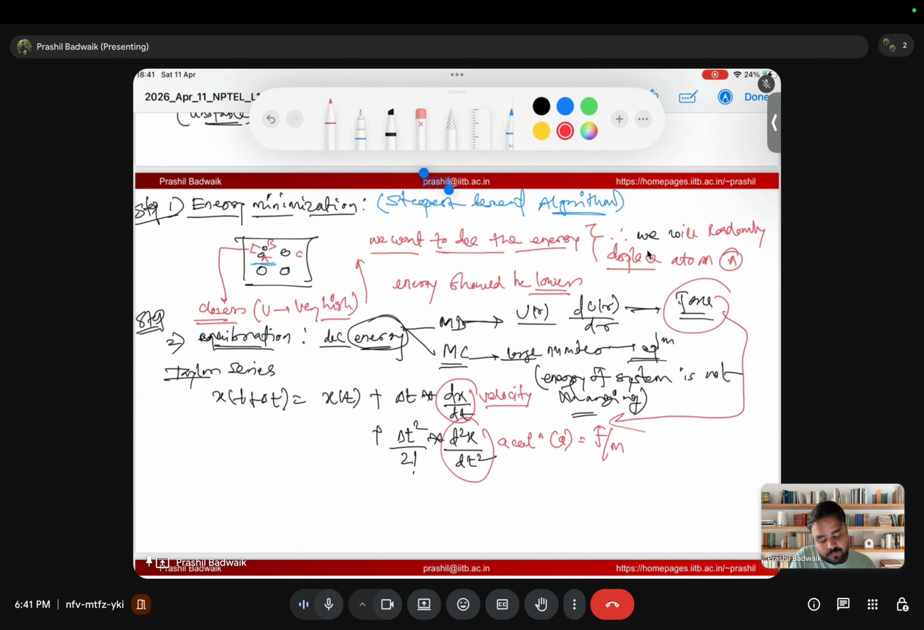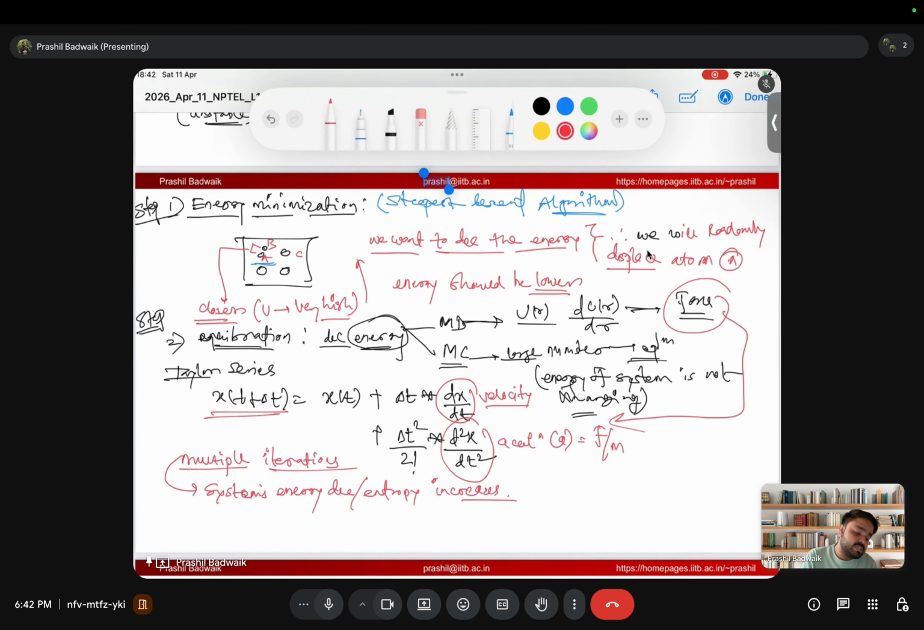Velocities, and that's where we are going next step. And we are doing multiple iterations, so that ultimately you will find that the system's energy decreases, and as per the second law, entropy increases. Entropy increases, which is what we want. That means we are going to an equilibrated state,